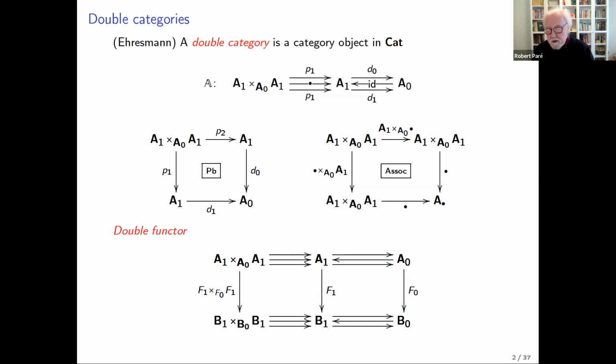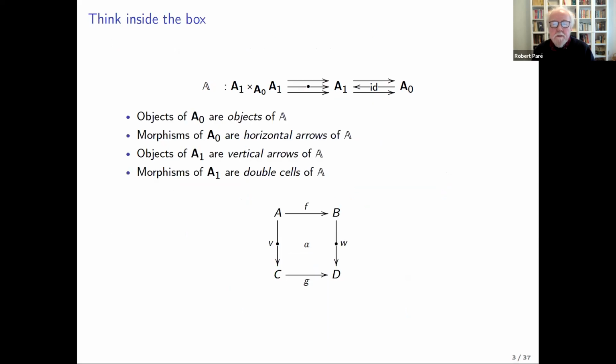Now, this is a very precise and concise definition, but it doesn't tell us very much. So let's dig a little bit deeper here. What you have is A1 here is the object of morphisms. Okay, so an object in here should be a kind of morphism, but A0 also has morphisms. So you have internal and external morphisms, two different kinds of morphisms going on. So just to set notation here,